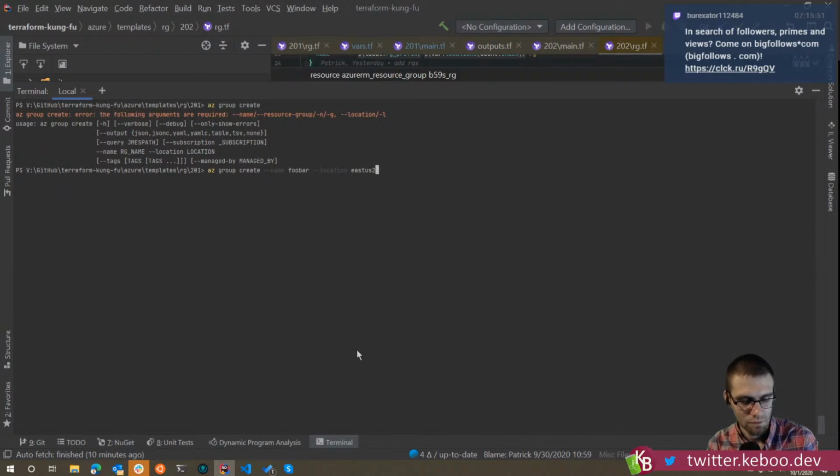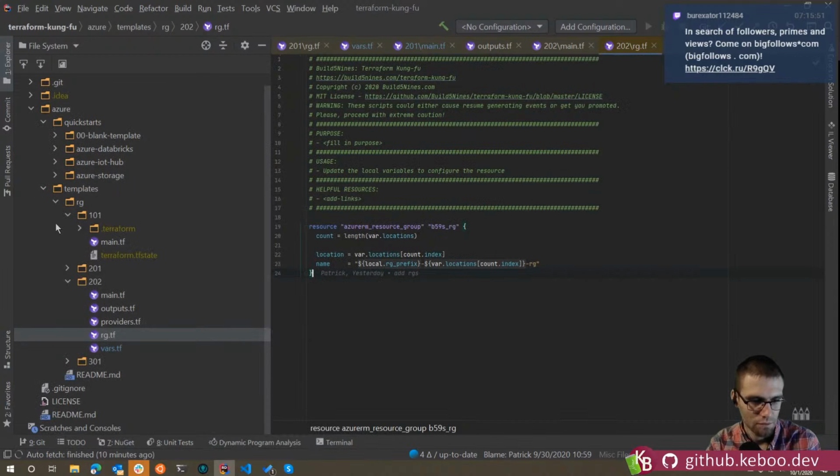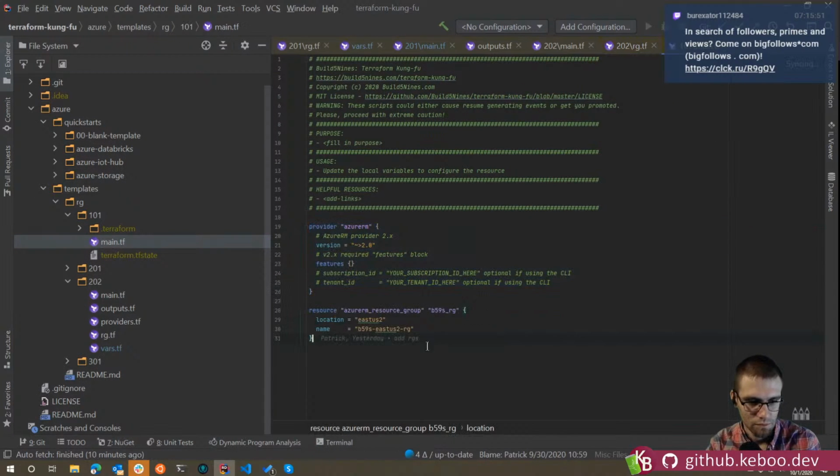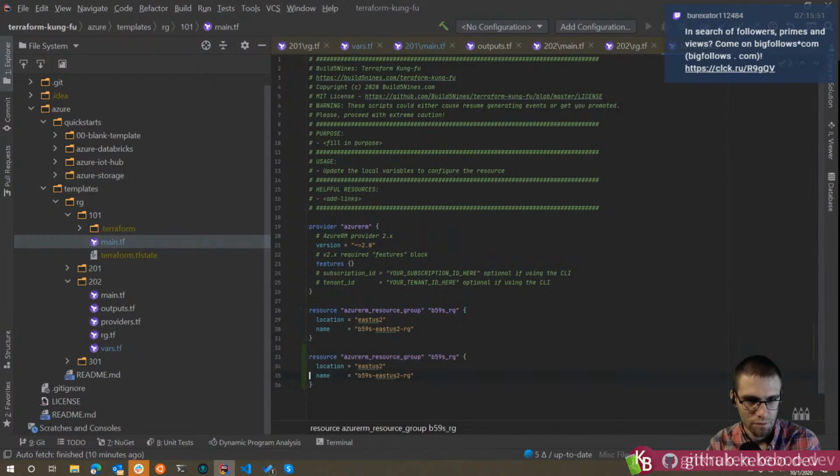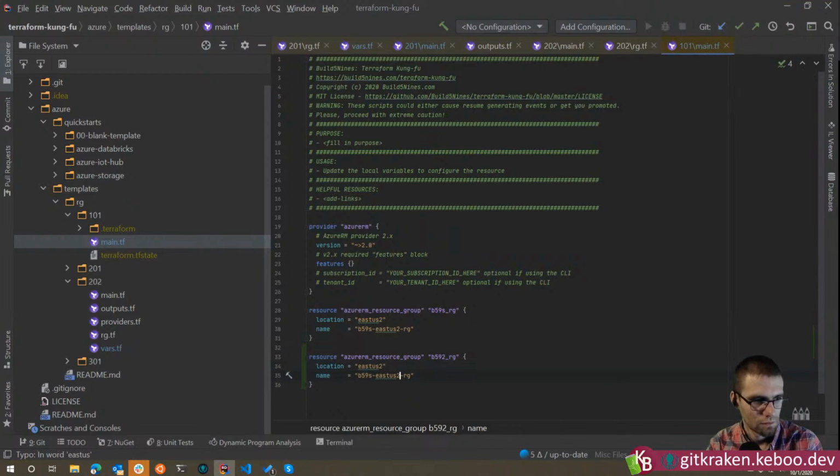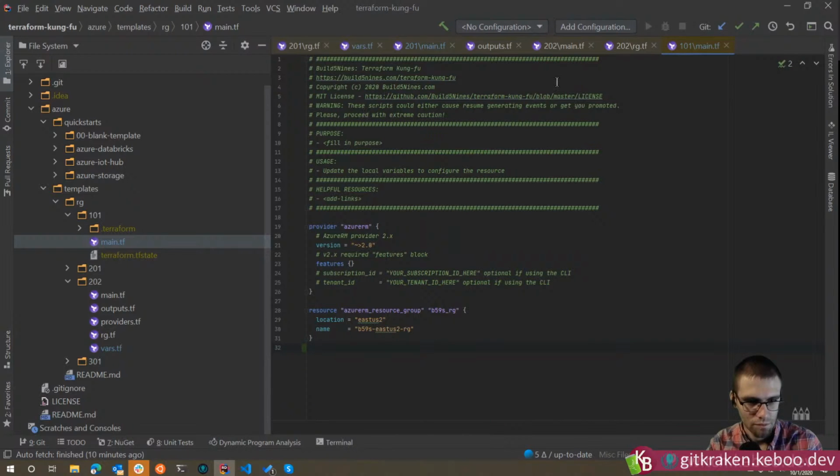But if I wanted to create two groups, I would have two lines of code, copy paste. We could take what we did all the way back at 101 and just change the name, but that's bad.